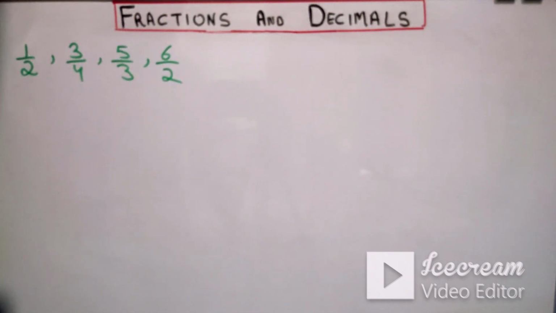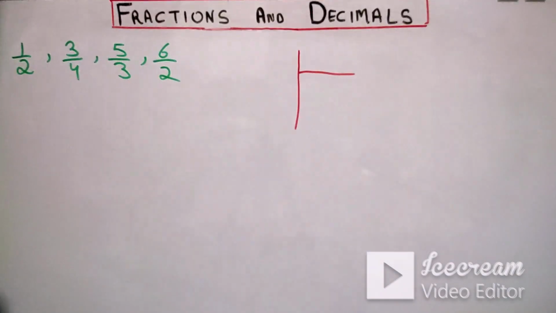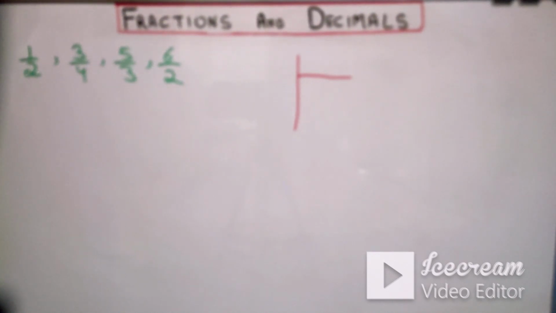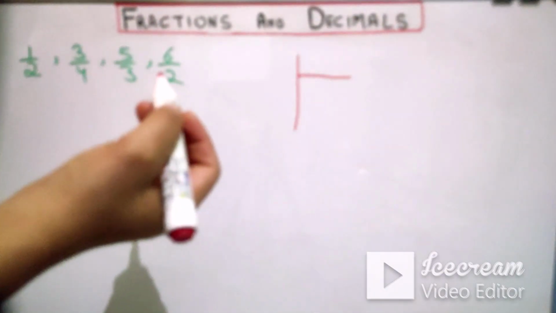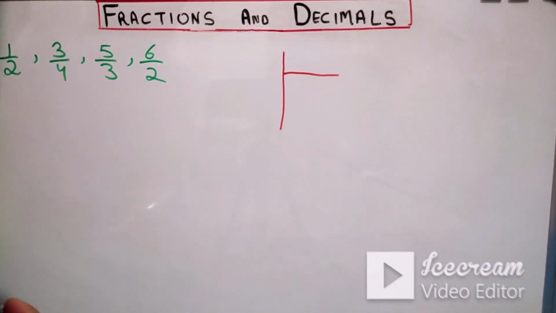The next thing we are doing is ascending and descending order. We will see how the fractions look when we are asked to arrange them in ascending or descending order. This is the first example we are taking here. These 4 fractions are there. There are different denominators, so you need to make the denominators the same first. The denominators are 2, 4, 3 and 2. We want them to be the same, so we need to find the LCM.